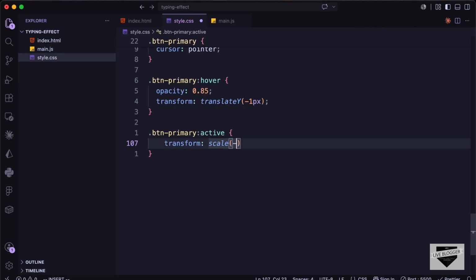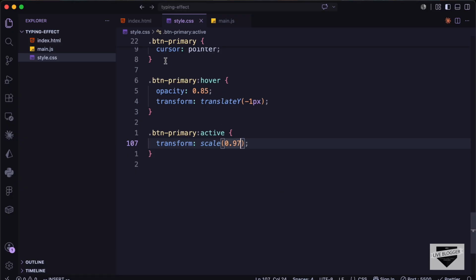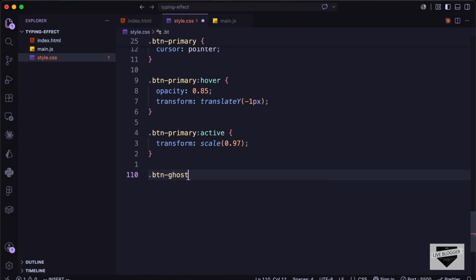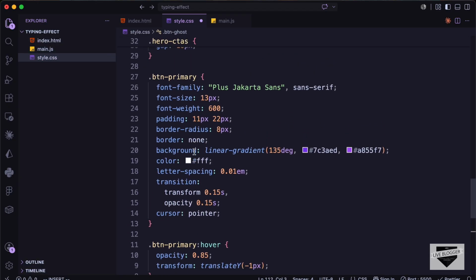Let's set it to 0.97. So this is how it looks. Right now let's style the next button. So we have a class of button ghost for that. So let's type button ghost. Let's set the font family to Plus Jakarta Sans and sans serif, and we need to add most of these